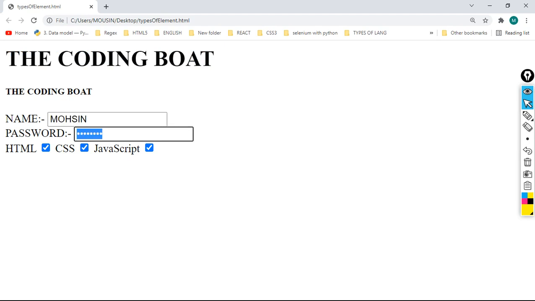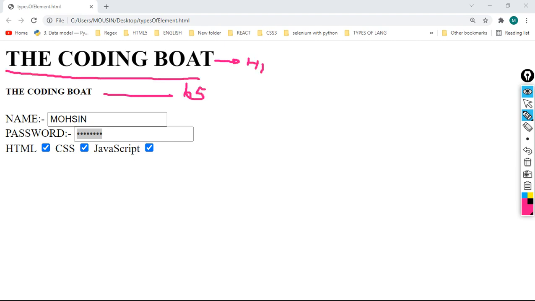Okay, let me explain for better understanding. See here, with the help of the h1 tag, with the help of the h5 tag, we are just representing data to the end user.